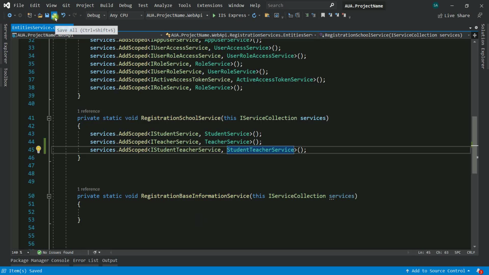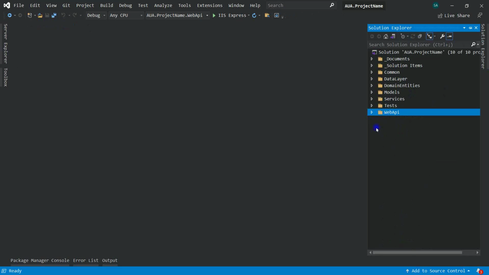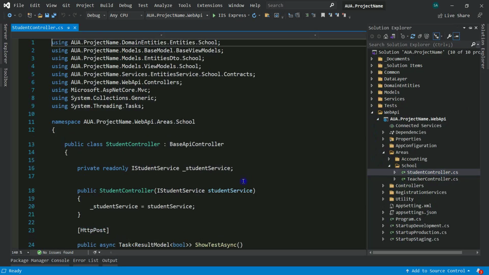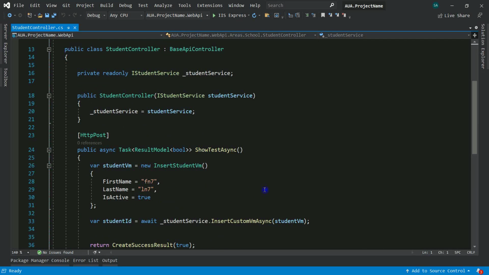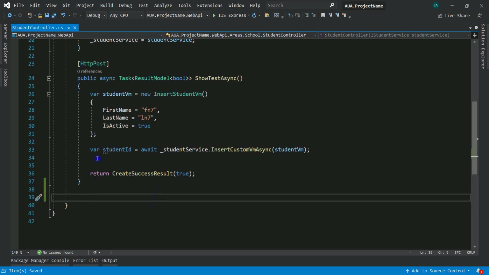Okay, we are done. The next step is to create the controller, but in this situation I don't need a new controller, and I will work with the student controller, because in this situation I have access to the new services from the other controllers or other services. Okay, but if you need to create a separate controller for that new entity, do it and work with that. Here I want to create a